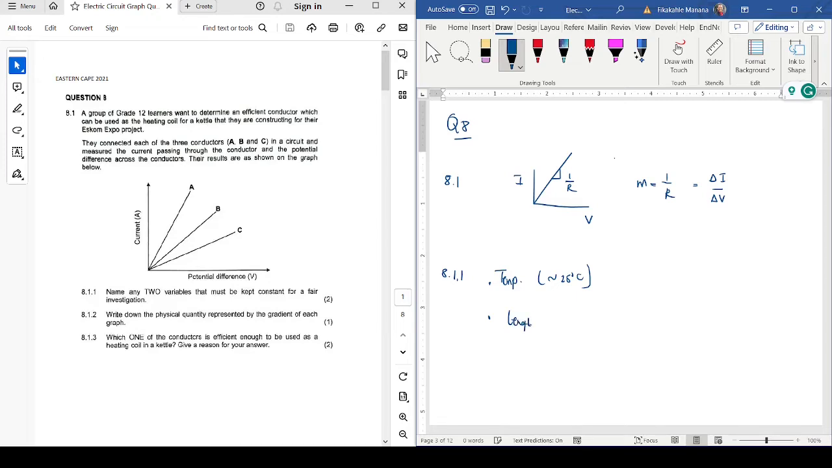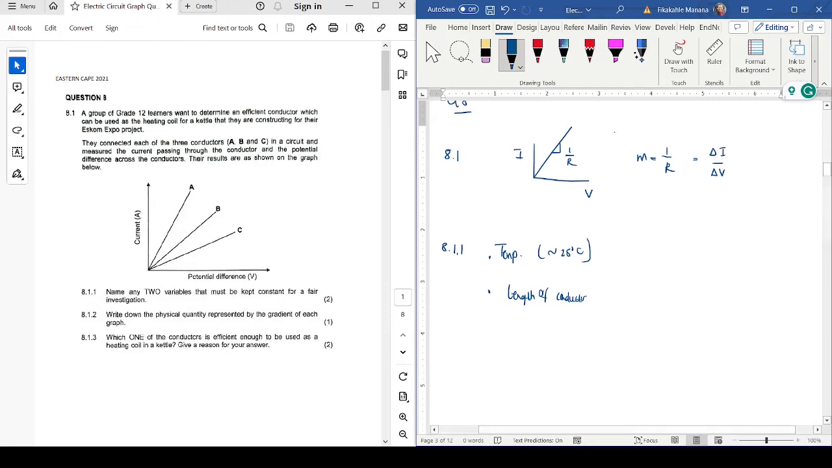And then we could say the length of the conductor, because you don't want to deal with a short conductor and then a long conductor, because that does play a role in terms of the longer the conductor might be, might change things. So the length of the conductor as well, at least keep it the same. Even the thickness of the conductor, and the type of material of the conductor, please just keep it the same. And then going to 8.1.2,